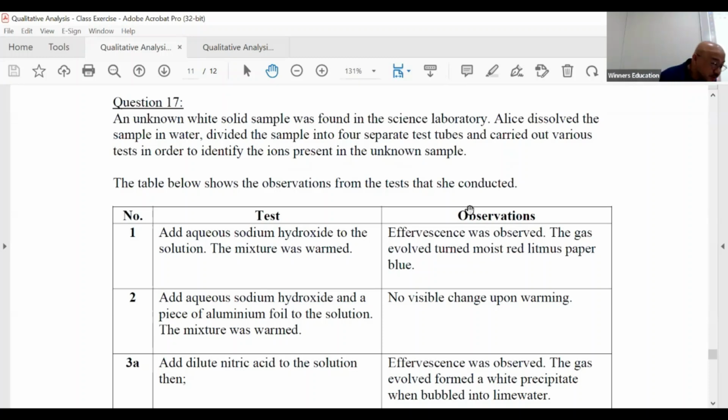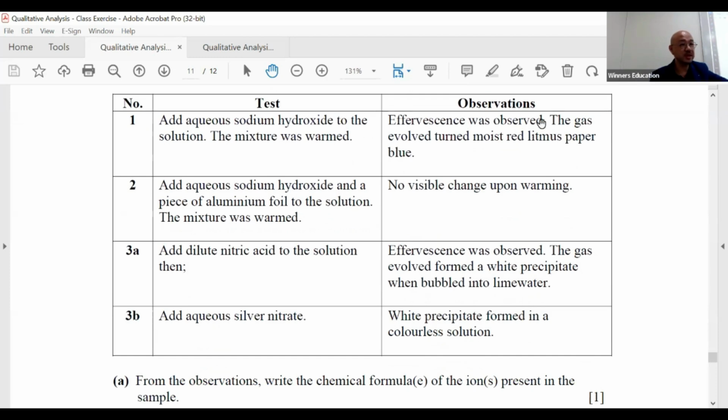Ready? Ladies and gentlemen, this was actually a chemistry practical on QA. Your QA, so in your lab, your practical will look like this. This is the procedure, then they ask you what is the observation. So basically,